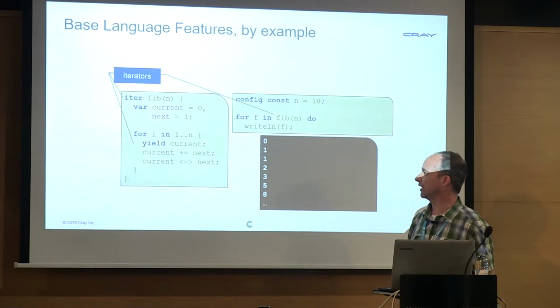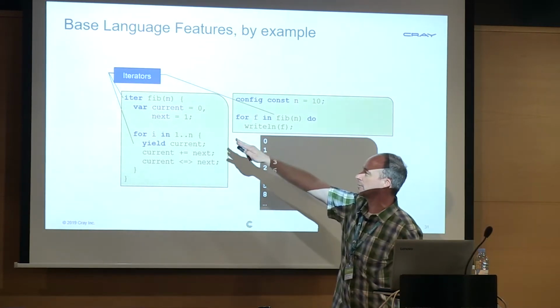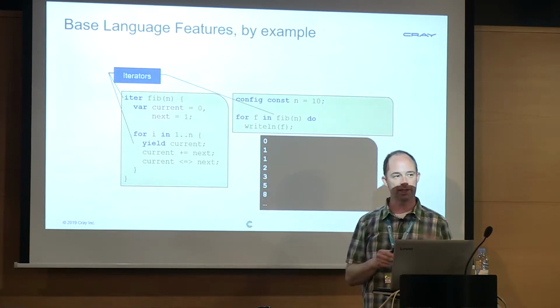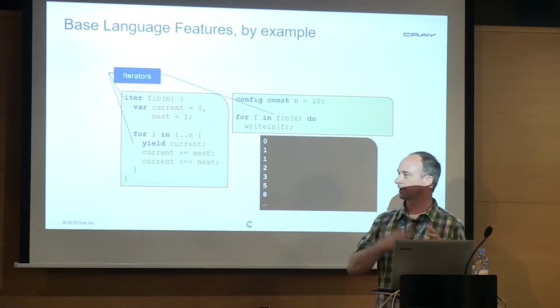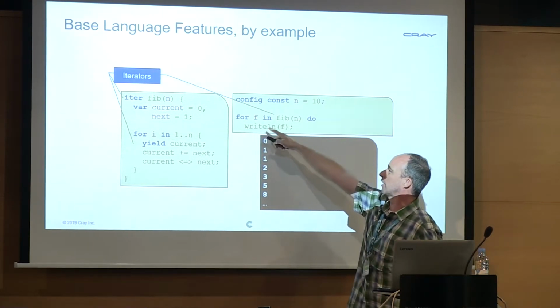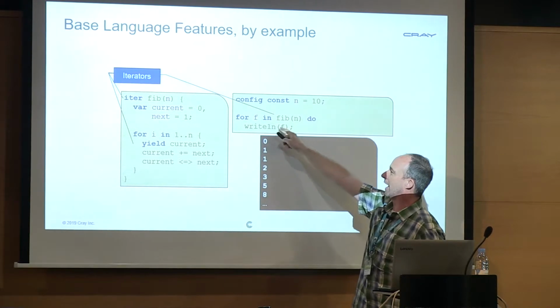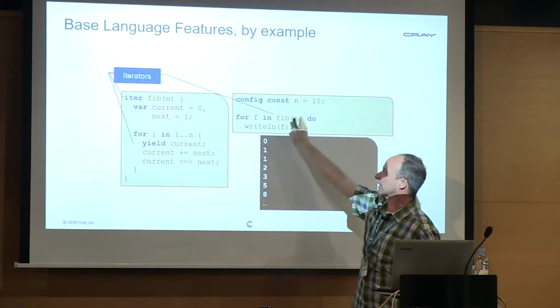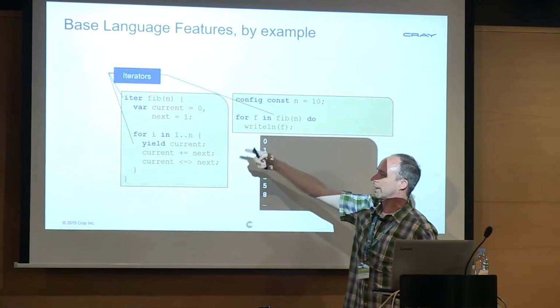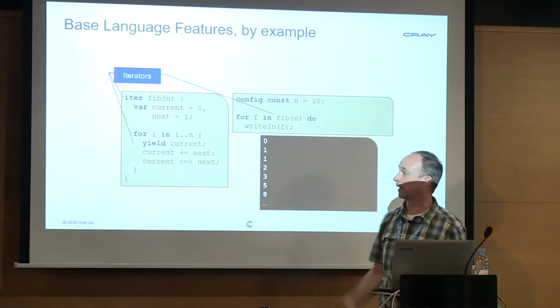You can see we have iterators in the language, which are a lot like functions, but rather than returning once, they have this yield statement, which essentially says, kick this value back to the call site, but then continue executing from that point. And so we invoke the iterator here. I say for f in fib of n. Each time this yields a value, that's going to come back here to f, and then I print it out, and then I continue running until eventually I fall out of this routine, and then we're done with the loop.